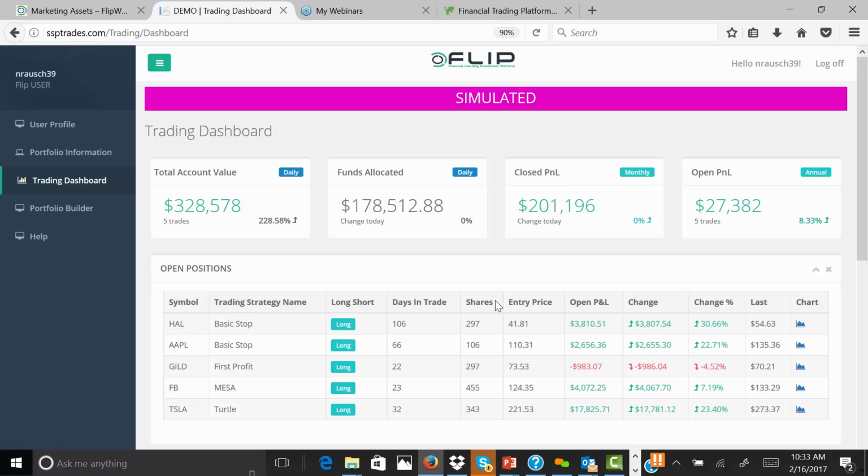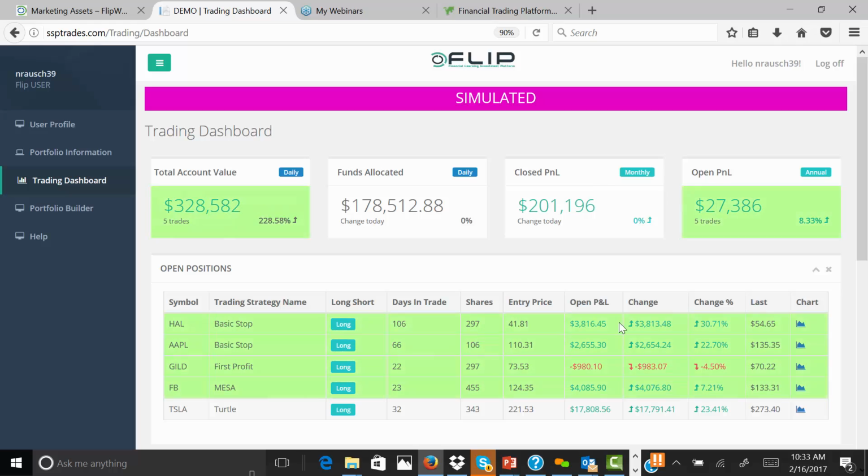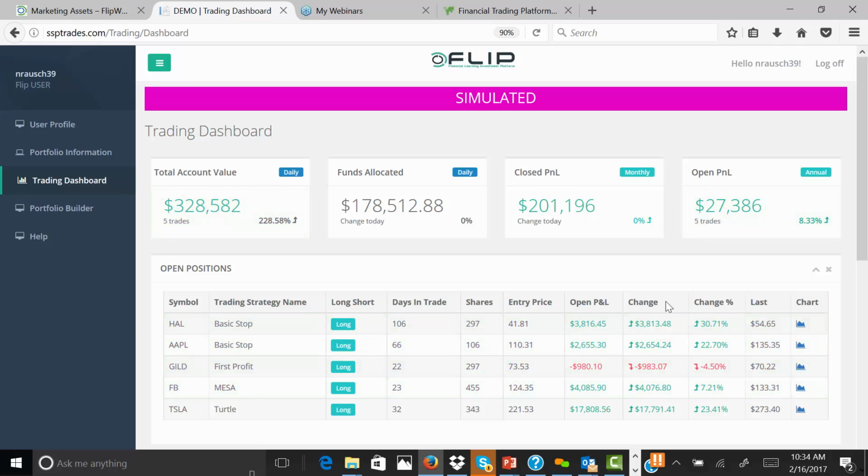So let's say that you were subscribing to the alerts. It's going to send you an alert and say buy 297 shares at 41.81, and you could place that trade with any broker that you like. Then the next column shows you your open P&L, and it's up about $3,800 on this position, and it shows you the change and the change percent. So it looks like this position's up about 30% in the last 106 days, which is outstanding. Then we look over to the next column, shows you the last price, which is $54.66, and then we have